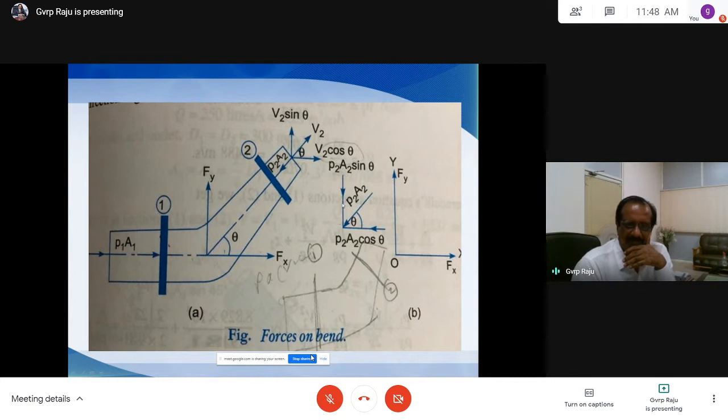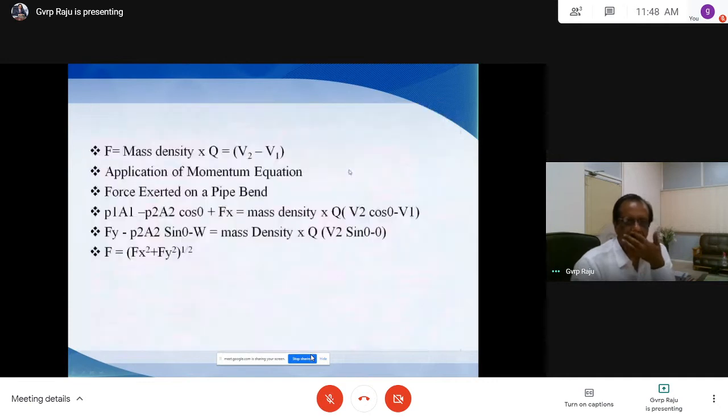Fy minus P2A2 sin theta, and also we have weight here. Weight is always acting downwards. So Fy minus W minus P2A2 sin theta. See here, Fy, P2A2 sin theta, this is theta, minus W here. So it is equal to